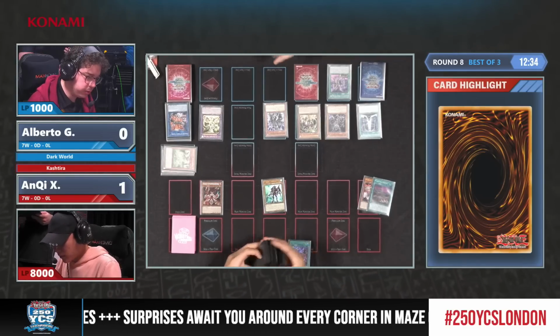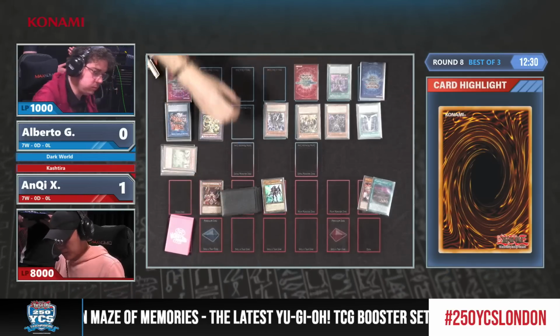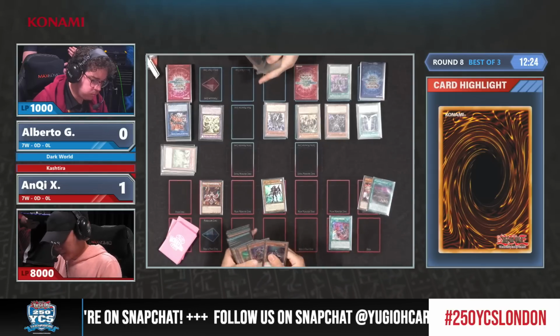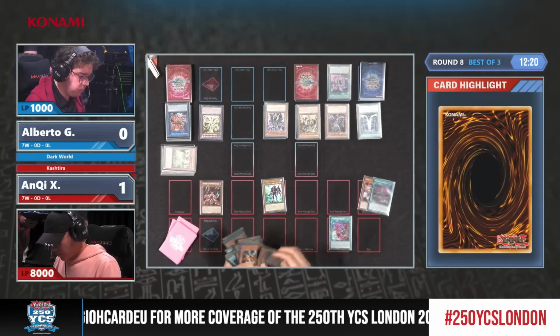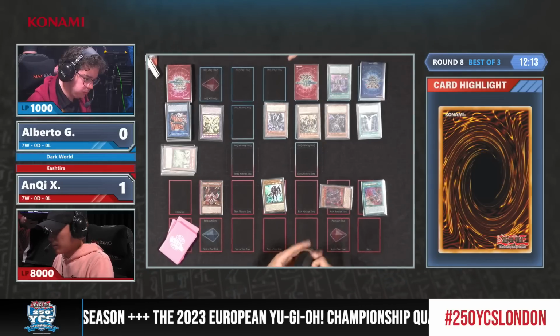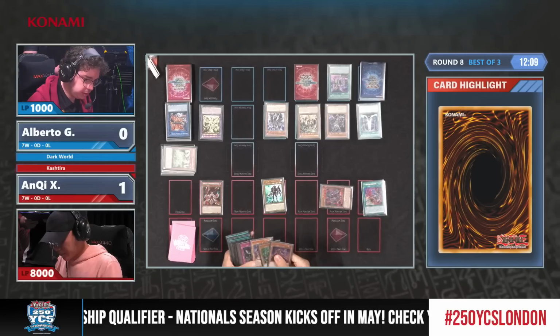Yeah, that is one way to approach that going first, but potentially that Ash Blossom was enough to stop the Dark World combo from getting really out of hand, but it looks like we've done just enough here with our Kurikara and the Battle Phase of the Unicorn to try and play in main phase 2. No, probably he's only playing... I don't know why he wouldn't use then the Accession, because now he can't, obviously, but...